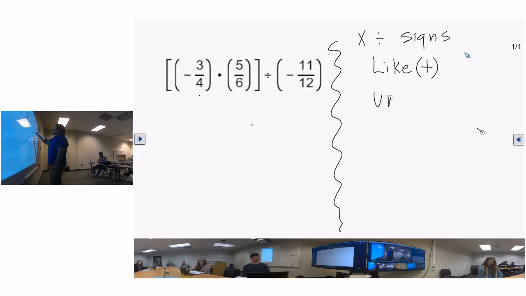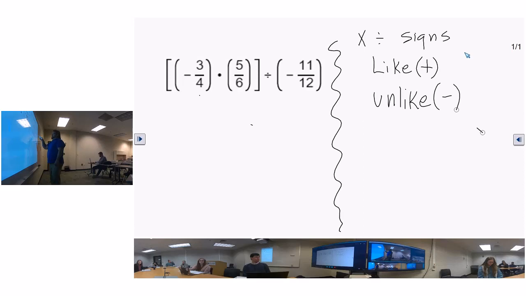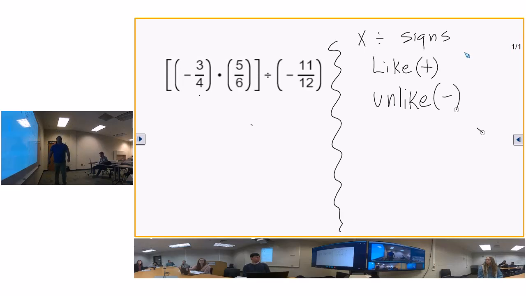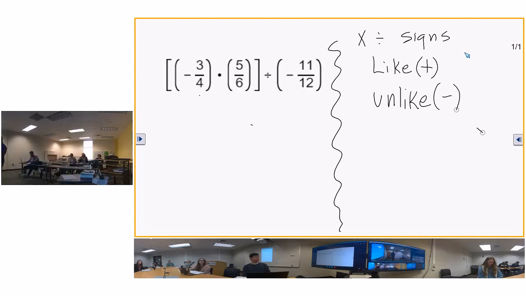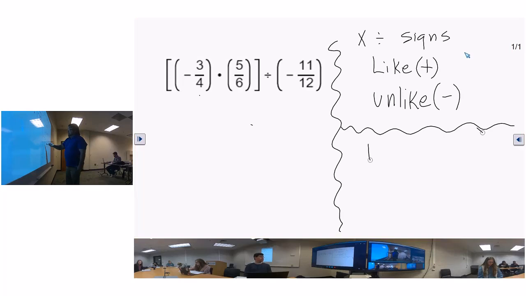So if you mix the signs, what do you get? You get a negative reaction. So when you're multiplying and dividing fractions, you want to keep those variables. If you have like signs, they're positive; unlike signs, negative. When you add and subtract signs,